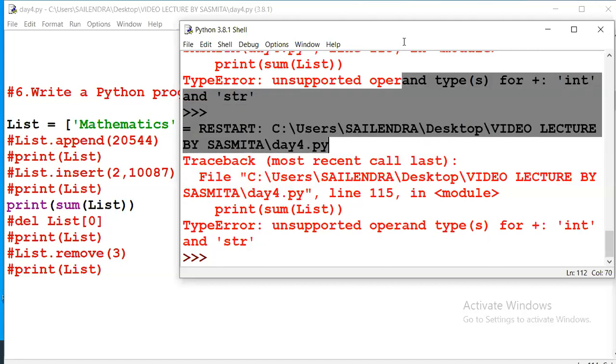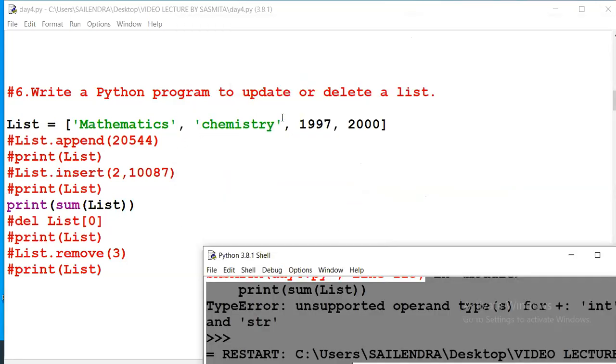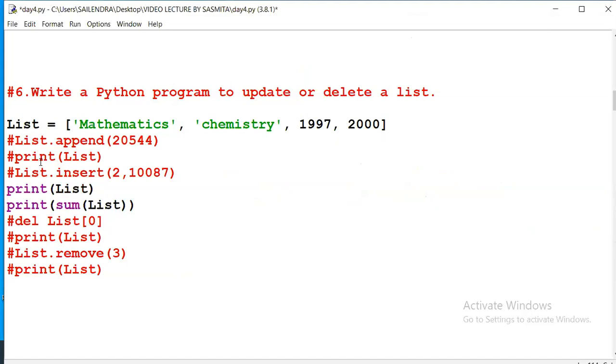Integers will be added, but here was the problem: strings are there in this list, and they won't be added. So here we have to give only integer values, then only the sum of the list will work.